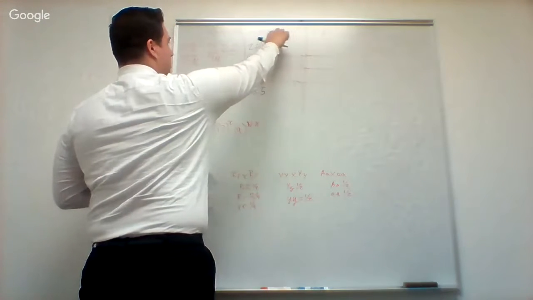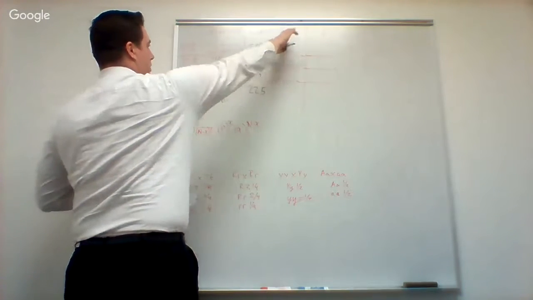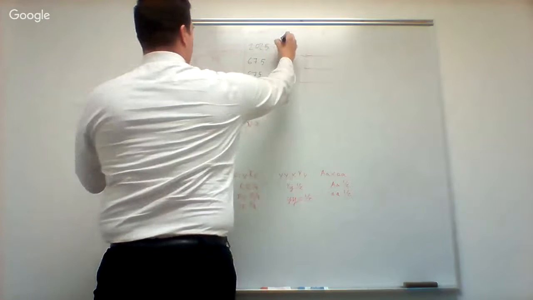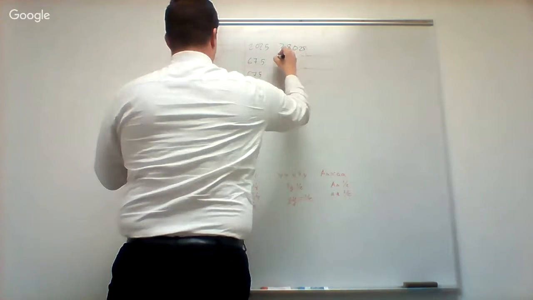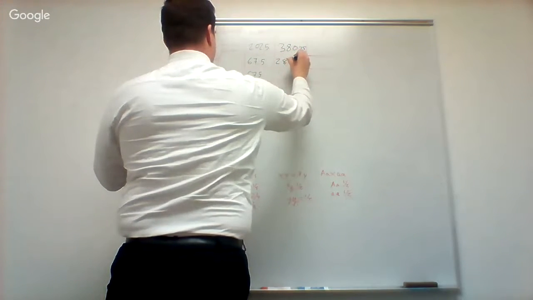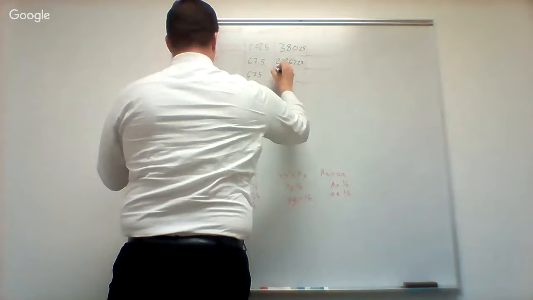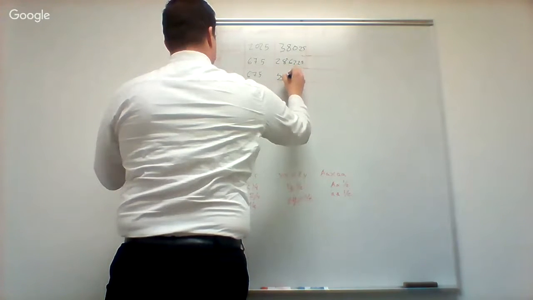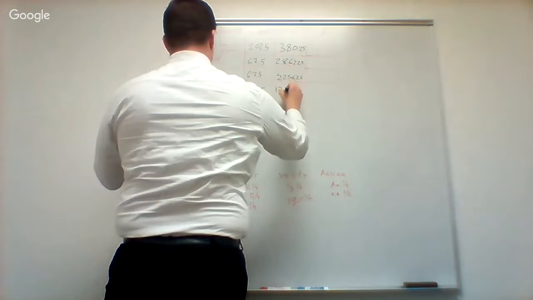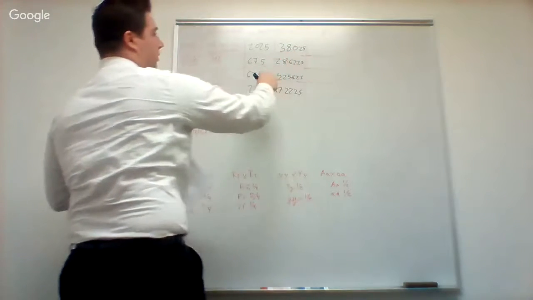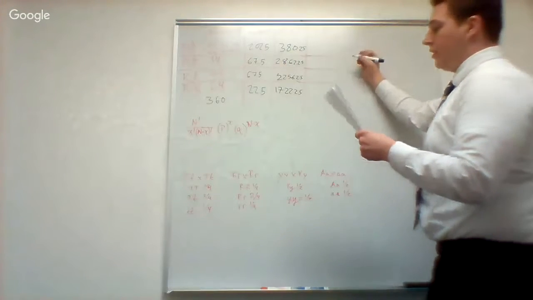Next you would find the observed minus the expected, this number minus this number, and then you square the result. I calculated that out. It was 380.25. I might have done a little bit of rounding there. Then 2,862.25, 2,256.25, and 1,722.25. Then I divided these numbers by the expected amount,